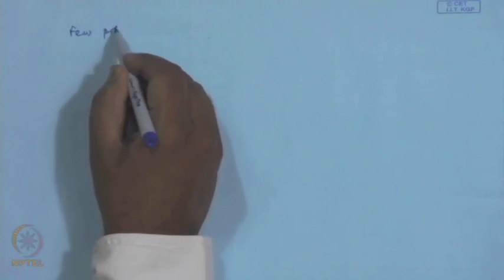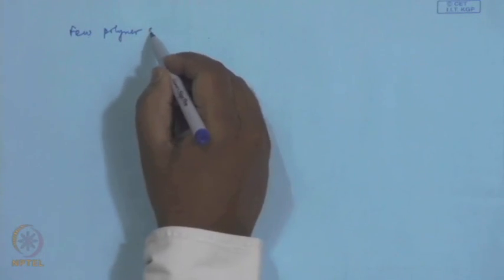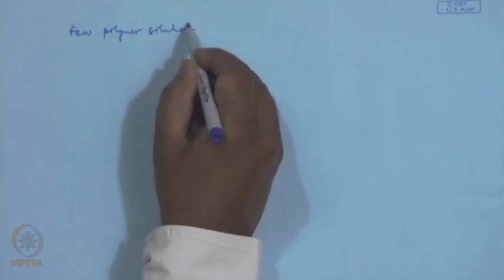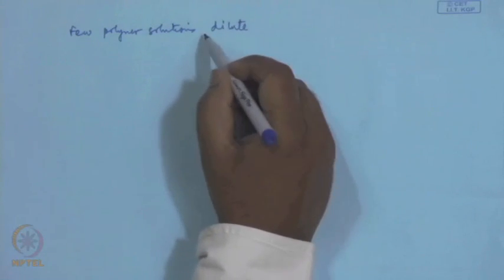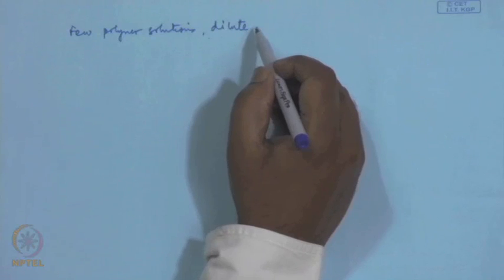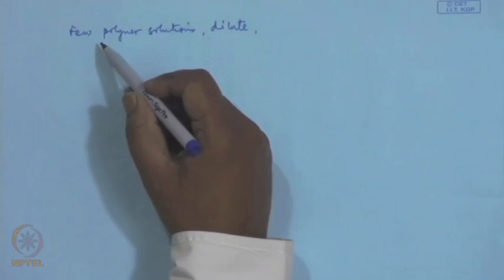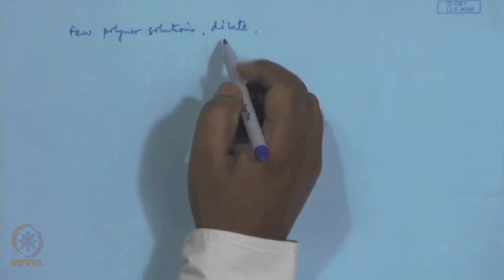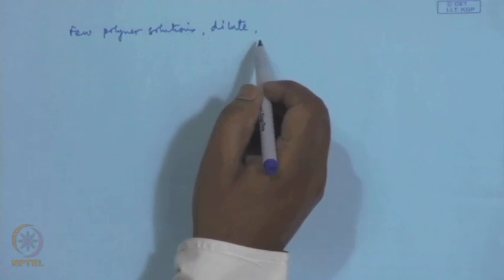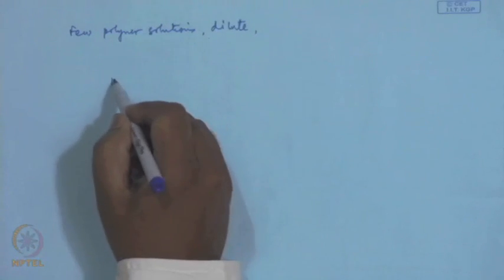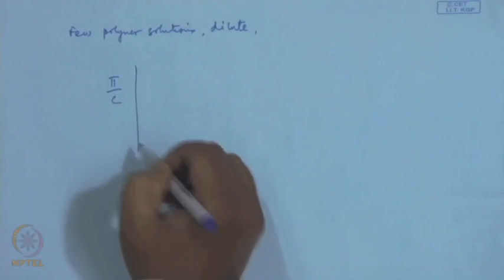We need to make a few dilute polymer solutions having different concentrations, and then measure pi of each of these solutions and then plot pi by C